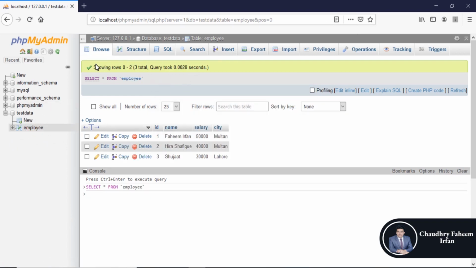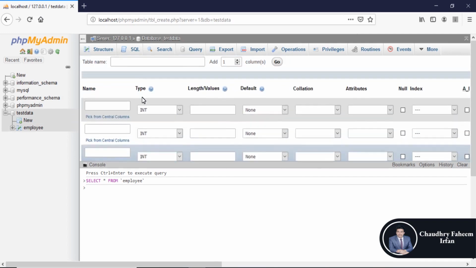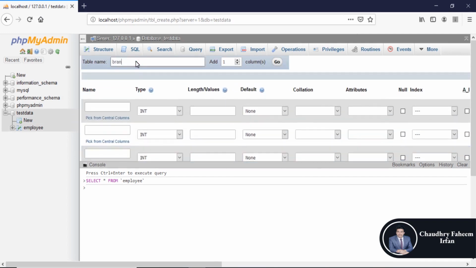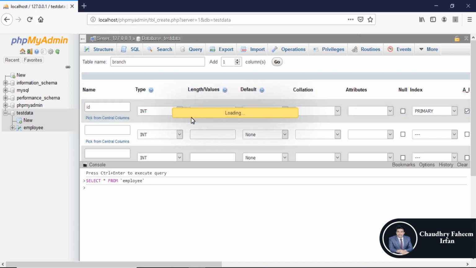And for the existential quantifier, we are going to create a new table. So create a new table with the name branch. Write the table name here, branch, and here is the ID, branch ID, which is integer and auto increment with the length of 11.